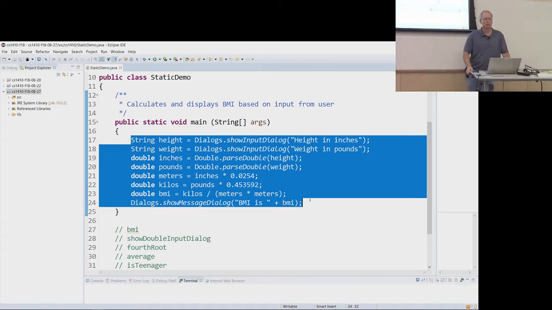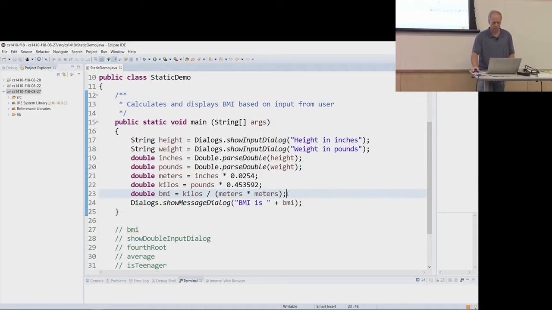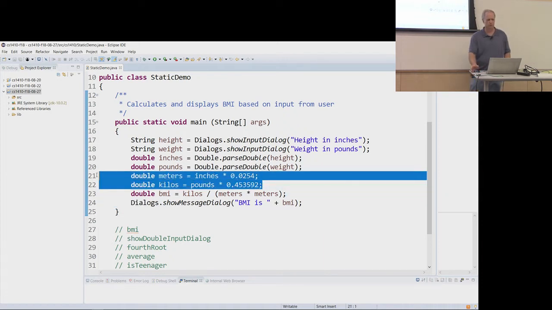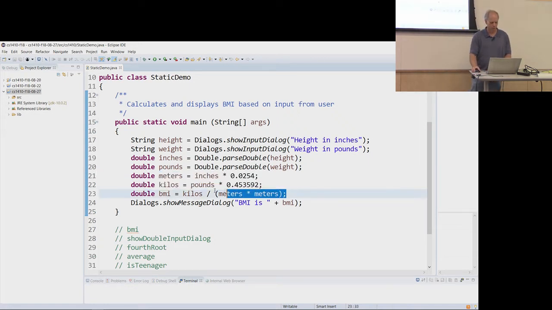Now, would it matter if we rearrange the statements? I've got some votes for yes. Actually, it's more nuanced than that. Is there a way to rearrange these statements such that the program does the same thing as far as the user is concerned? Yeah. We could take these two statements and change their order. It doesn't matter whether you convert to meters first or to kilograms first. If we took this statement here and put it before those two,